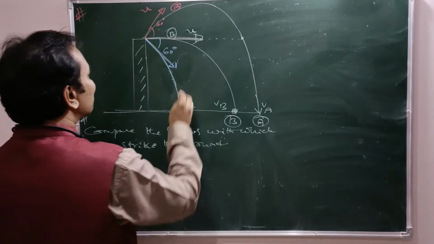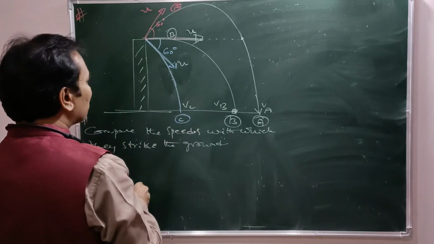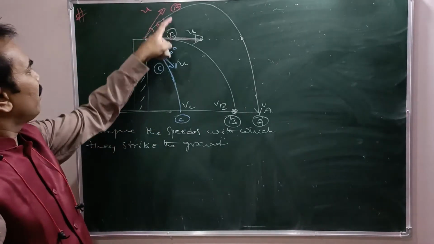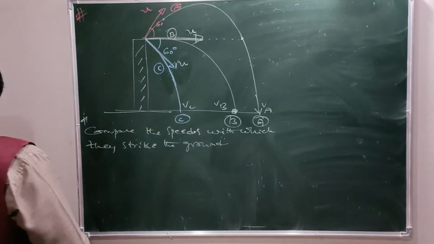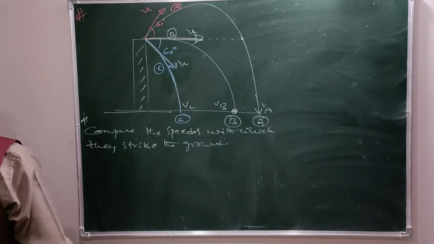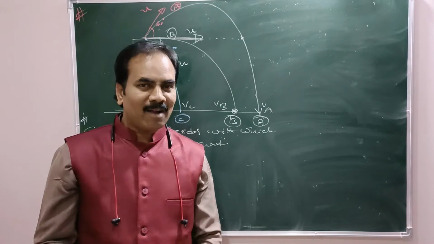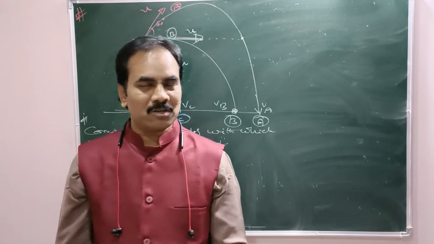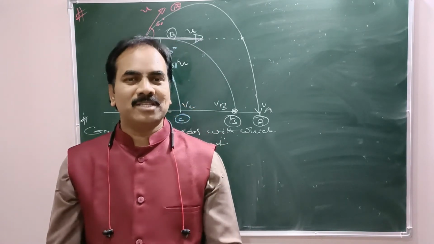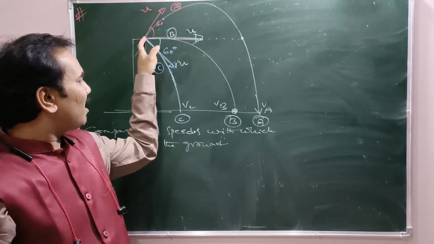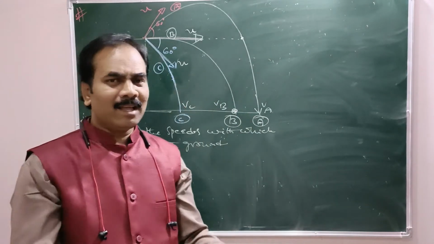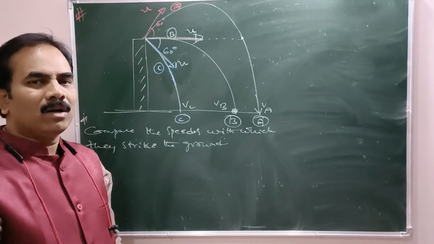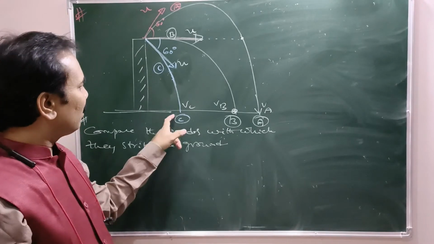Right? What is the speed here? Same speed, U. Projectile A, B, C. Now, as far as the law of conservation of mechanical energy is concerned, here there is no other force except gravity. There is no resistive force like air friction. So, therefore, mechanical energy remains constant at the point of projection and at the point at which they meet the ground. Right? So, we have to equate total initial mechanical energy equal to total final mechanical energy,